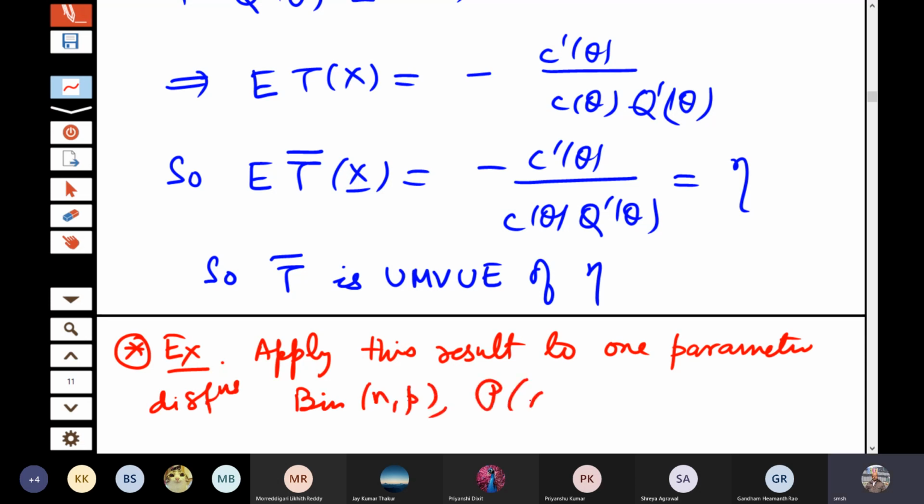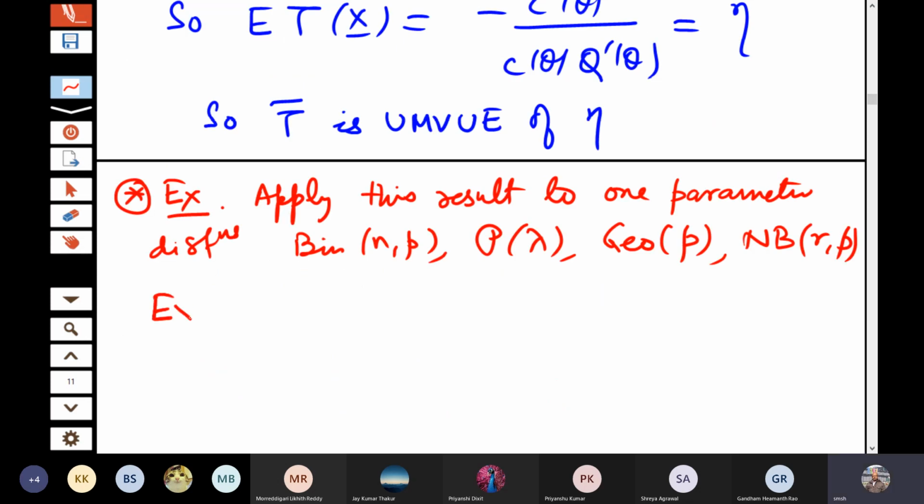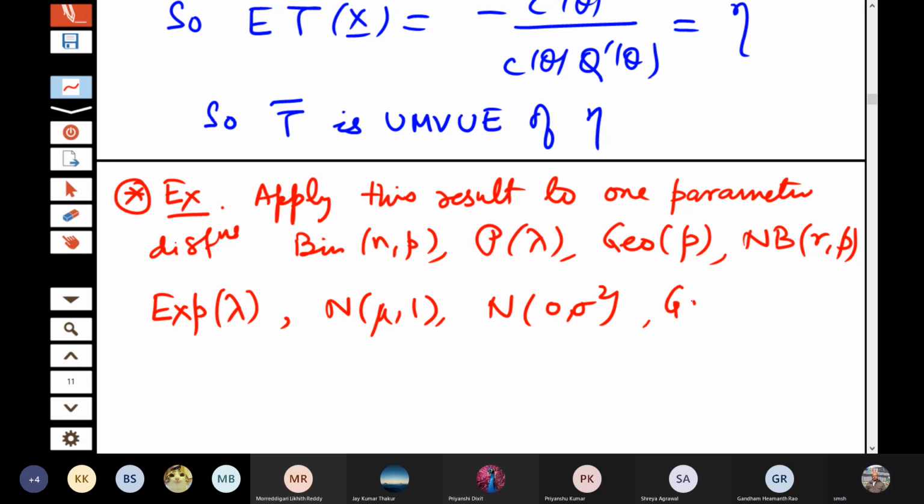Binomial, Poisson, geometric, okay, negative binomial, exponential, normal, normal 0 sigma square, gamma r lambda, and